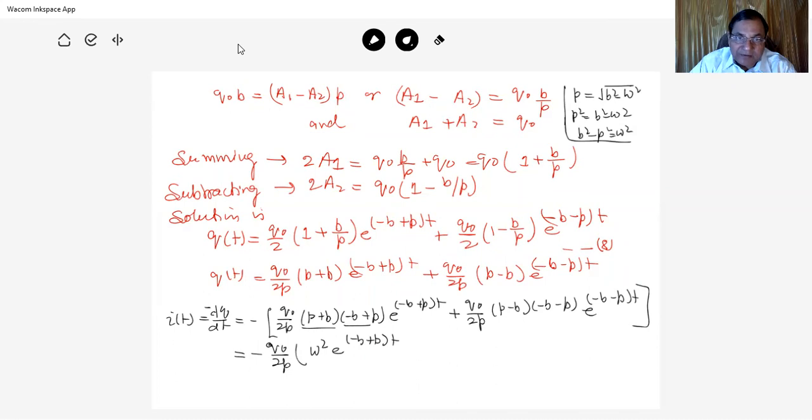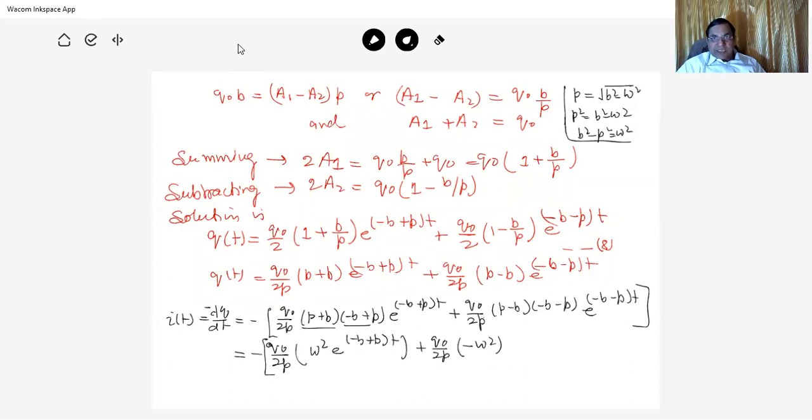और फिर यहां पर भी q0 by 2p और ये माइनस ओमेगा स्क्वायर हो जाएगा। माइनस ओमेगा स्क्वायर क्यों? क्योंकि ये माइनस कॉमन ले लेते हैं, तो ये हो जाएगा p स्क्वायर माइनस b स्क्वायर, सो माइनस ओमेगा स्क्वायर, and this is e raised to the power minus b minus p of t. Here it is minus, it is already there is a one minus sign. So if we take this minus sign out,